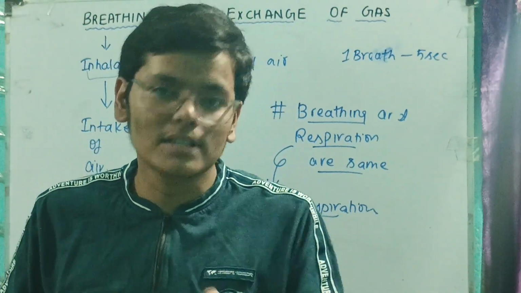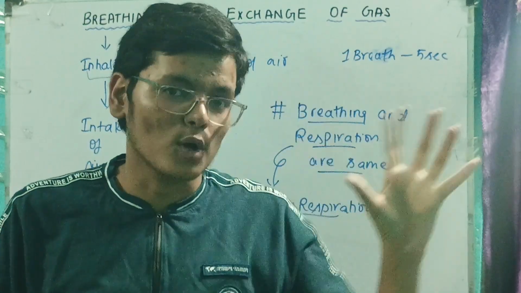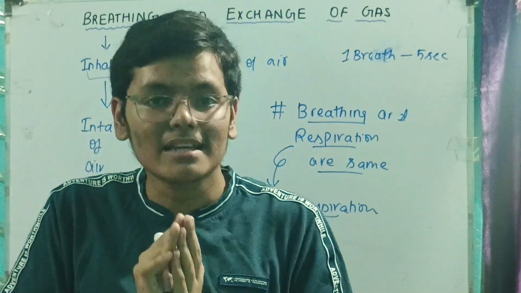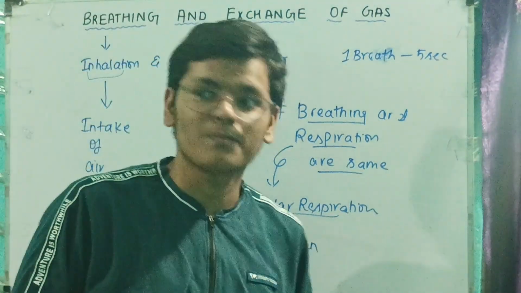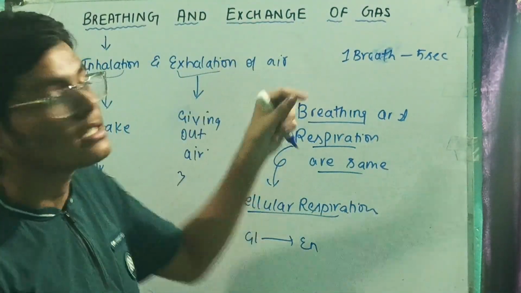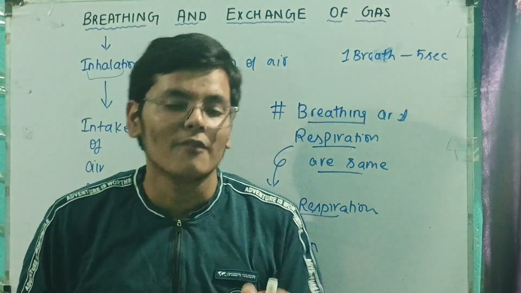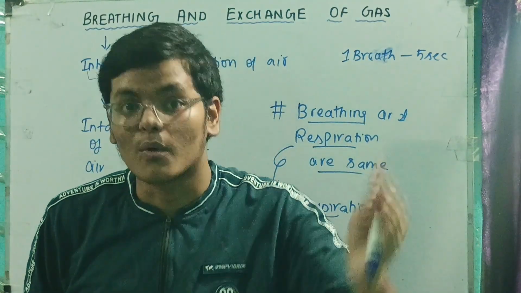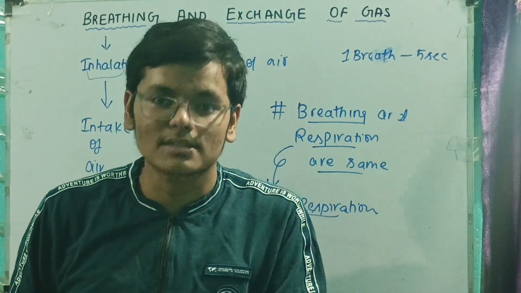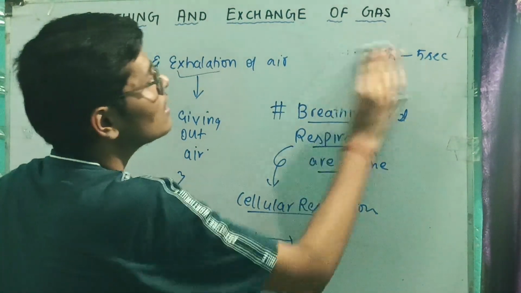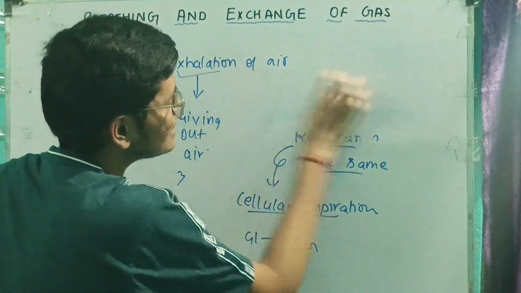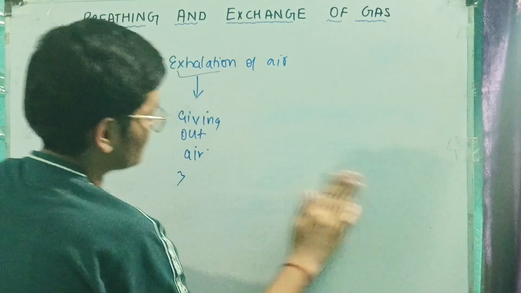The quantities of air that we intake and exhale are different, and we'll be learning further in this chapter what the volumes and capacities are of what we breathe in and out. So this was the basics of what breathing actually means. Now comes exchange of gases. To understand exchange of gases, we have to learn about the whole process of respiration. If we know the process, then we can identify where the term exchange of gases comes from. So let us see the steps involved in respiration.